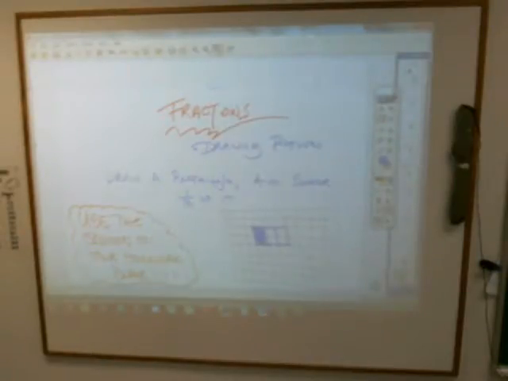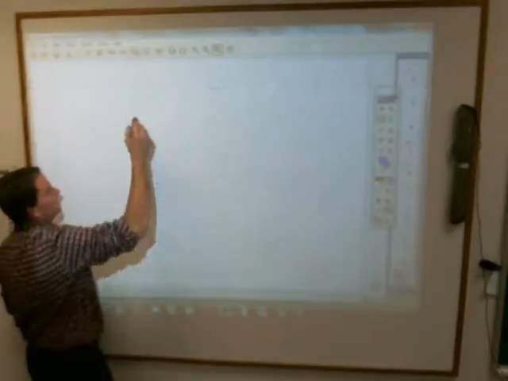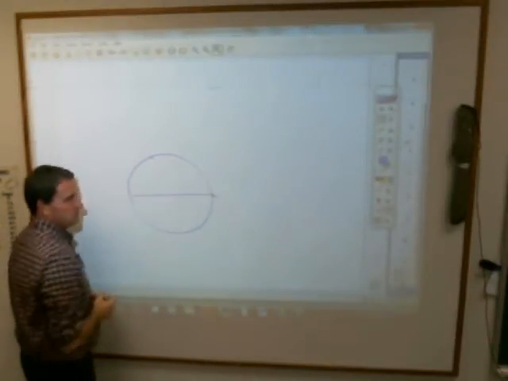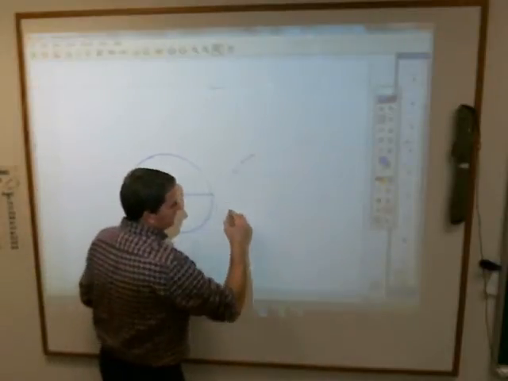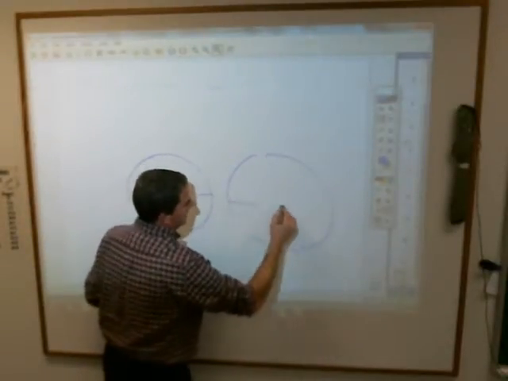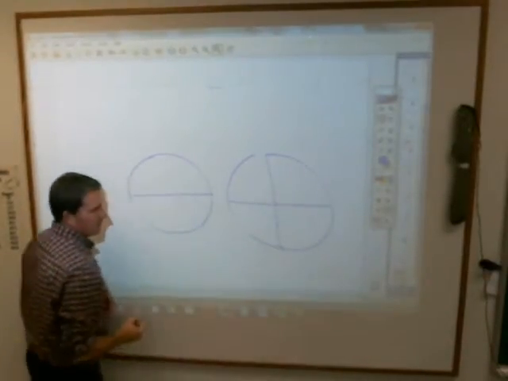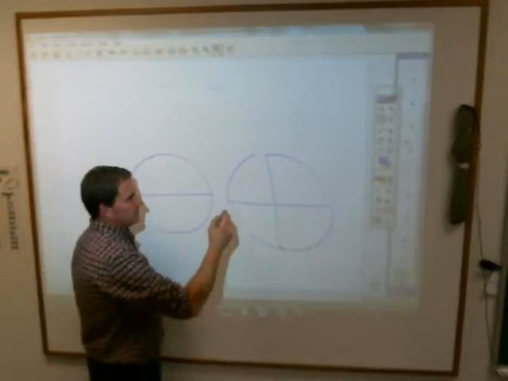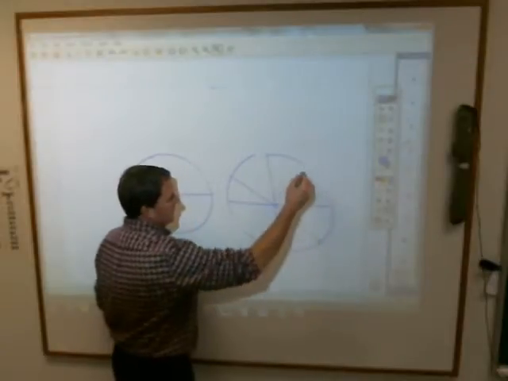Circles, if it asks you to draw a circle, go ahead and draw a circle. But circles are not easy to cut into anything but what? Circles are easy to cut into what pieces? If you have a circle, it's easy to cut circles into halves, because you just cut it in half. It's easy to cut circles into fourths, because you take half this way and take half that way. It's easy to cut circles into eighths, because then you take each of your fourths and cut it into halves,